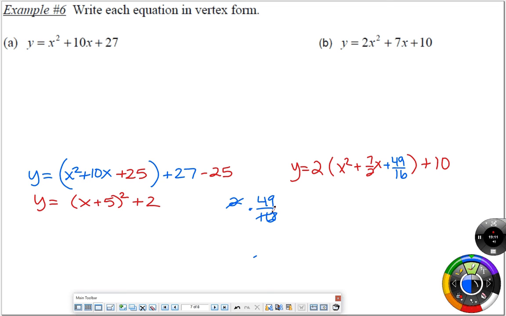Why do I have to know that? Because when I go to even out what I just did to the equation, do I want to subtract 49 over 16 right here? No, I didn't really change it. I wrote that number, but that's not the quantity that I changed the equation by. I really changed it by 49 over 8. So that's what I would want to put here. Okay? So this then,